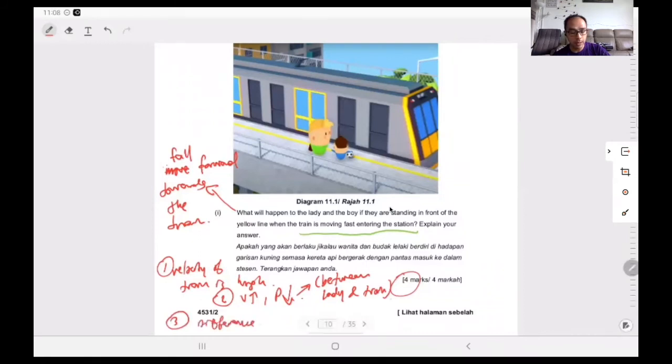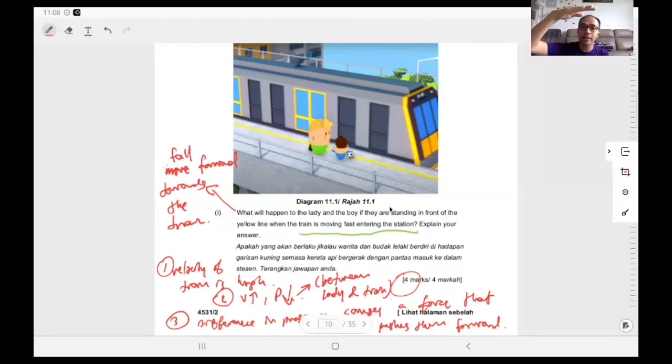Difference in pressure causes a force that pushes them forward. So basically, it is just about the same as the wing just now, except that the wing is pulled upwards, but in terms of the pressure in this one, it